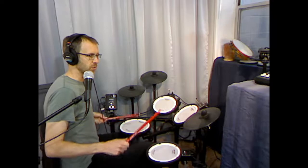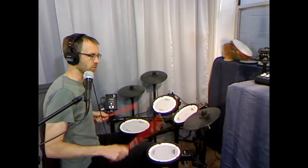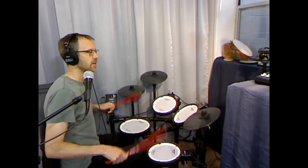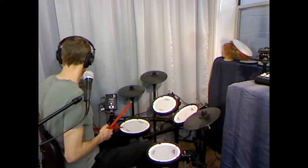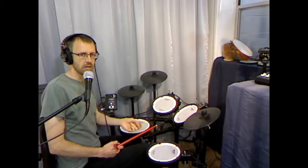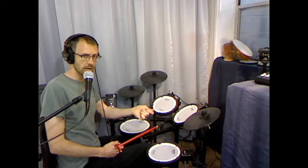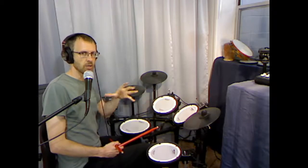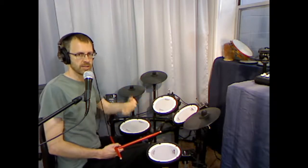1, 2, 3, 1, 2, 3, 1, 2, 3. And then softening your hand, your grip, so that you're first hitting on time, but then allowing that stick to have enough time to get down a little bit later than usual so that it lines up on that third